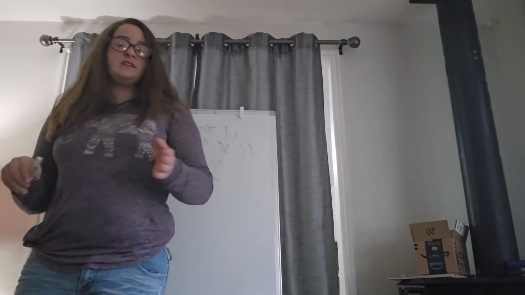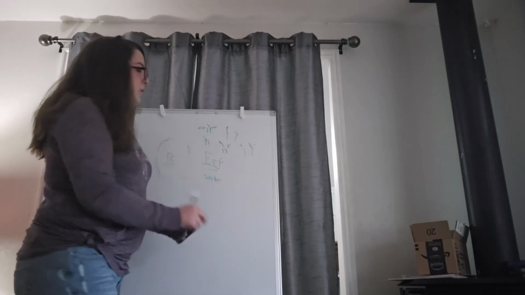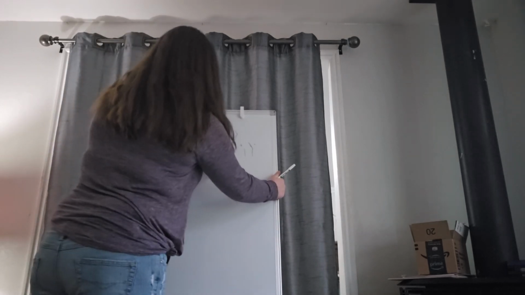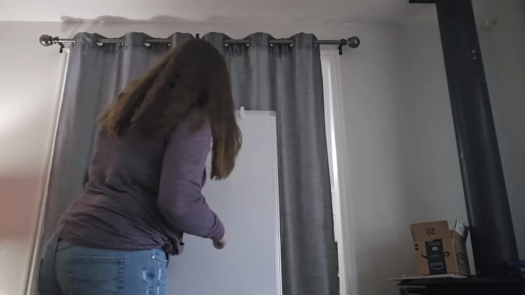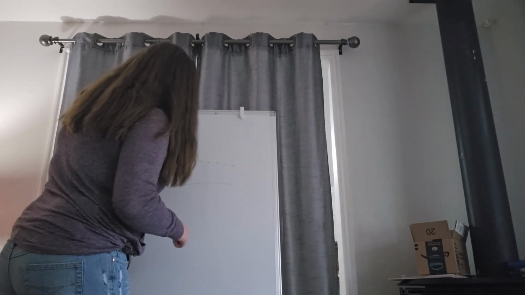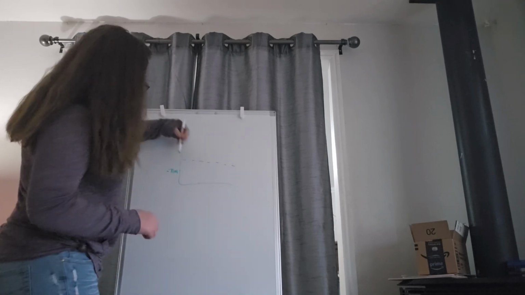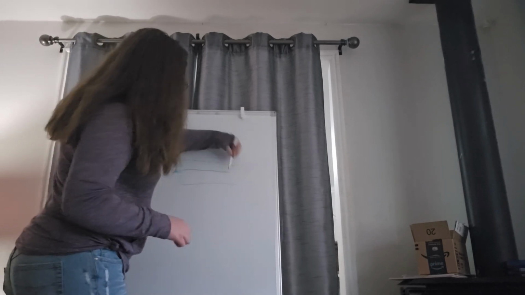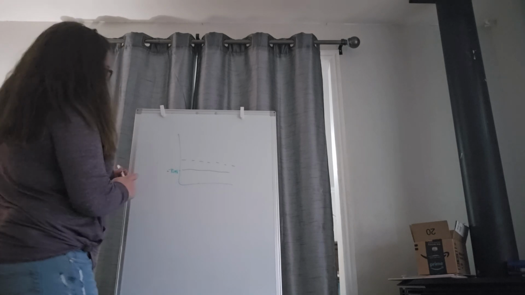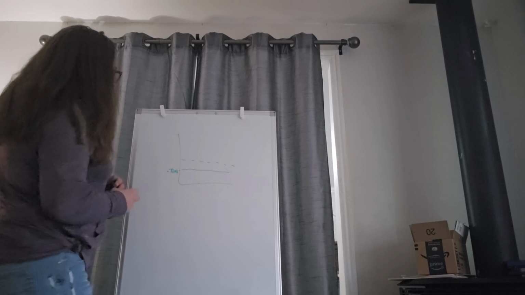Now, what usually affects the size of the resting membrane potential? I'm going to pull out a graph real fast. With a graph, we have a threshold and a certain point where our body likes to maintain. Normally it's negative 70 millivolts, so it likes to stay here. Something that could change the size of the resting membrane potential is